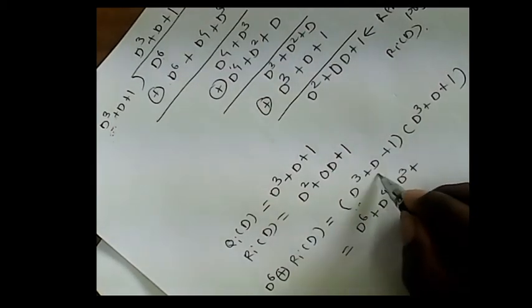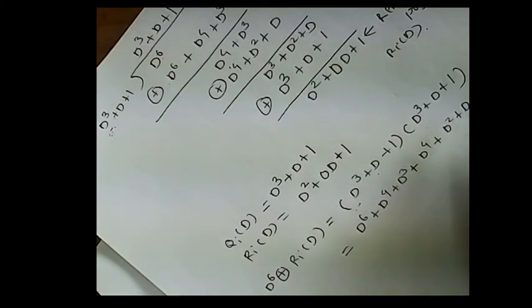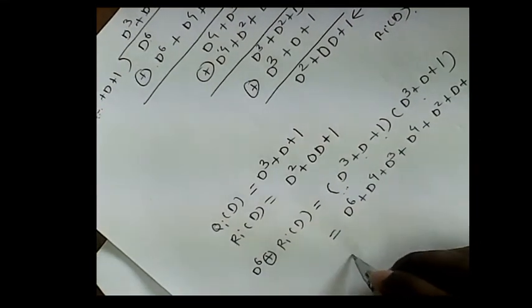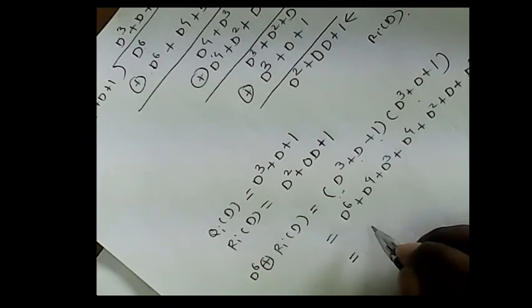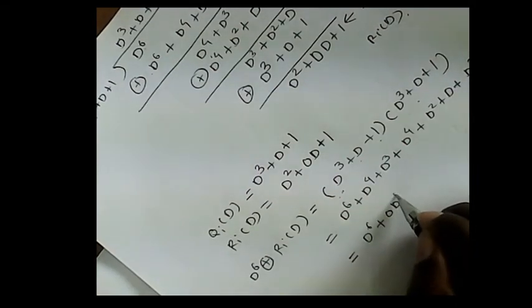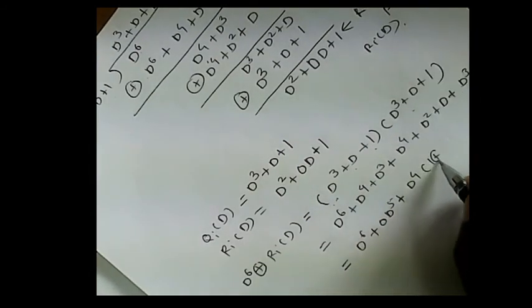Again we multiply d to the whole bracket. So we get d raised to power 4, d square into d. Again we multiply 1 by this bracket. So we get d cube, d plus 1. After solving by taking the common terms, we get d raised to power 6, 0 d raised to power 5. Taking the common terms, d raised to power 4, 1 XOR 1. Here addition is performed by XOR, modulo 2 operation.